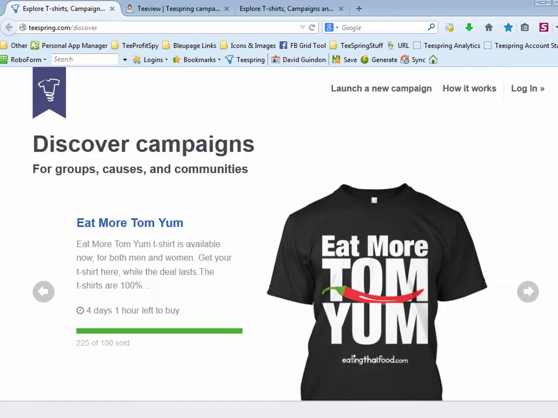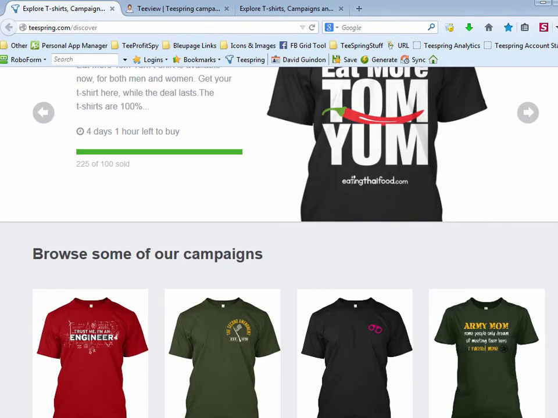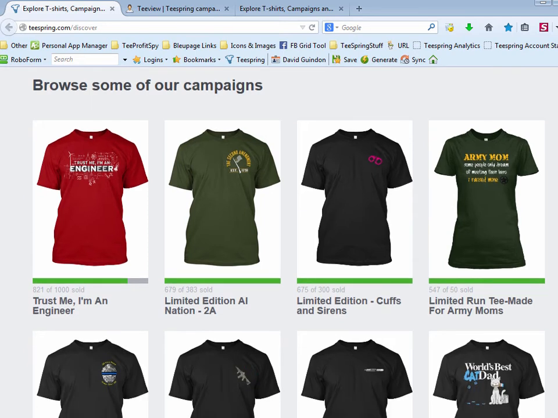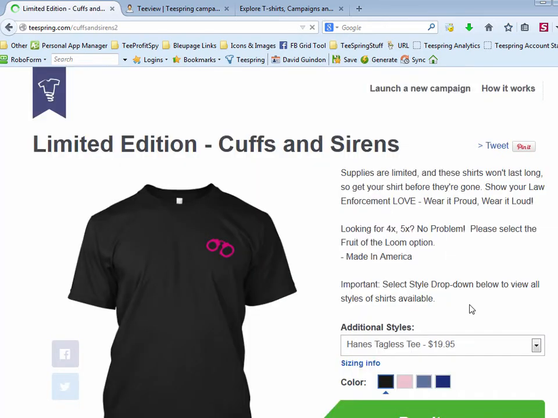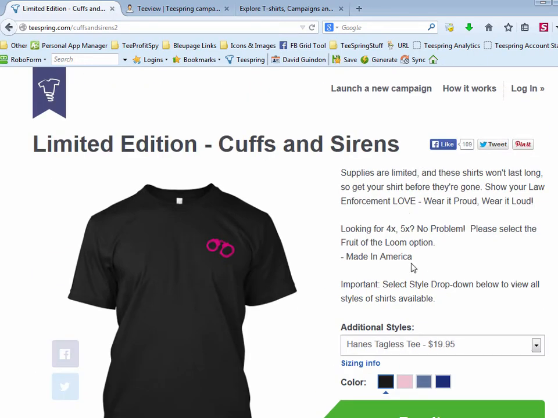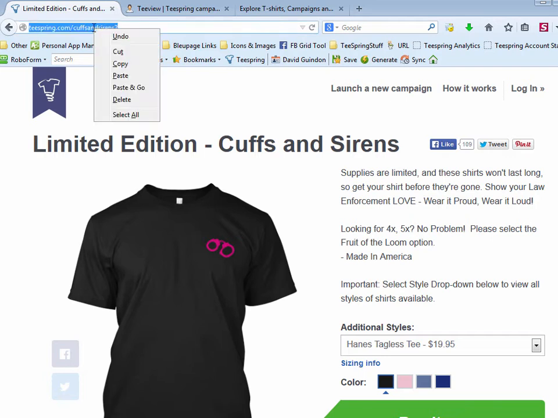And what I like doing here is further research on these shirts. So I'll take a look at, say for example, this one right here. Let's click on it. It'll take us to the actual shirt, and you can see the campaign page. You can see how many days you have left, how much you're selling. But one cool thing you can do is take this link up here, right click and copy, head on over to Google,